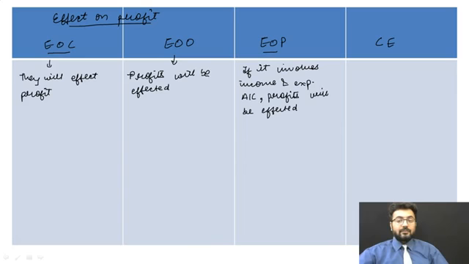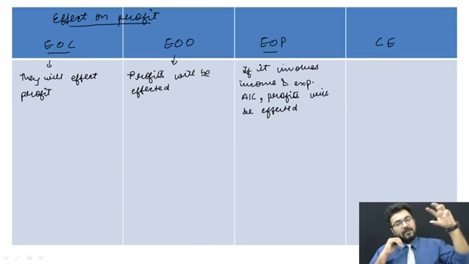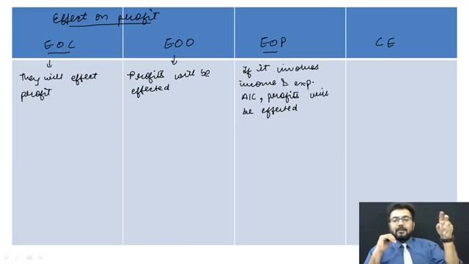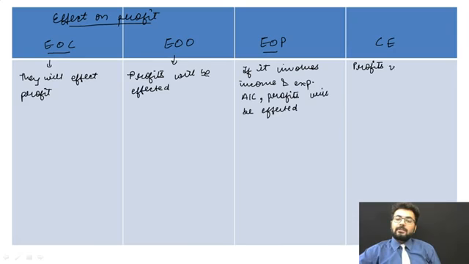Now, compensating errors. In that kind of situation, an error has been posted, and simultaneously another error has been posted, which counterbalances the previous one. Previously you debited an amount, and in the next error you credited the same amount, so the effect has been nullified. So in this particular situation, profits will not be affected, because that has been counterbalanced by the very next error.